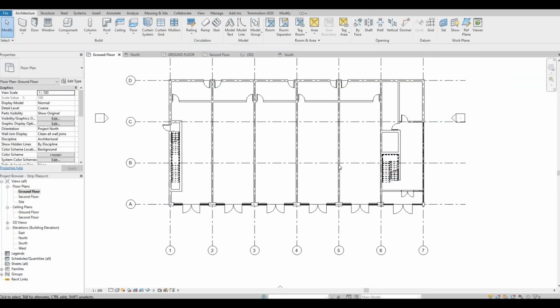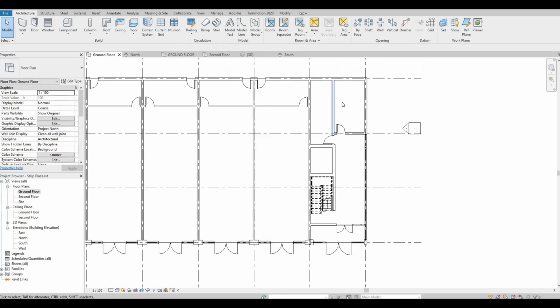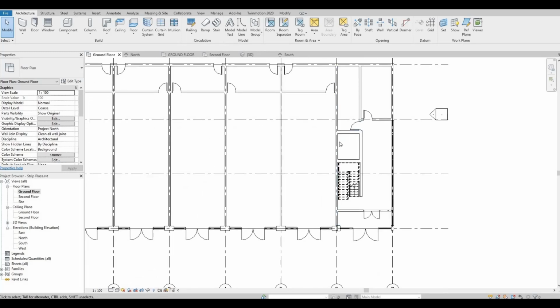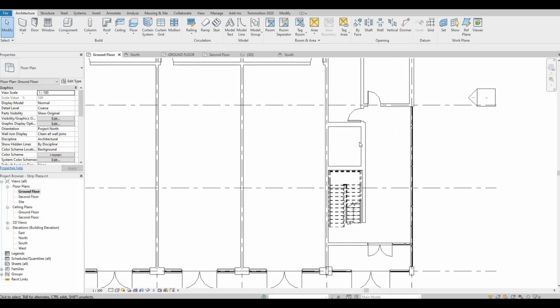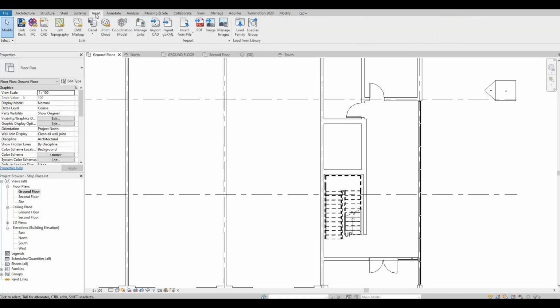So in the last video, we were able to add windows on the second floor at the back, and then we change the manager's office from this side to this side, and this will be the janitor closet. And now we're about to add the elevator or the lift. So we already add the walls for this, and then now we just need to insert load family,